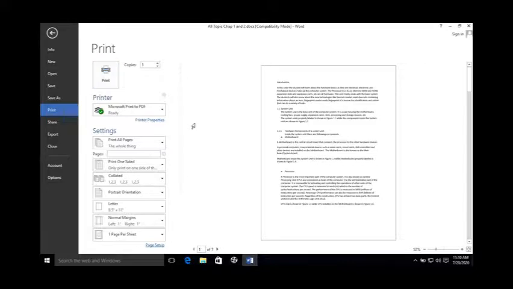Inshallah, I'll demonstrate these things practically once the school is open. I will arrange a printer for all of you in the computer lab and I will take the printout in front of all, so you will better understand how we can take the printout in MS Word. So I hope you have understood the concept.